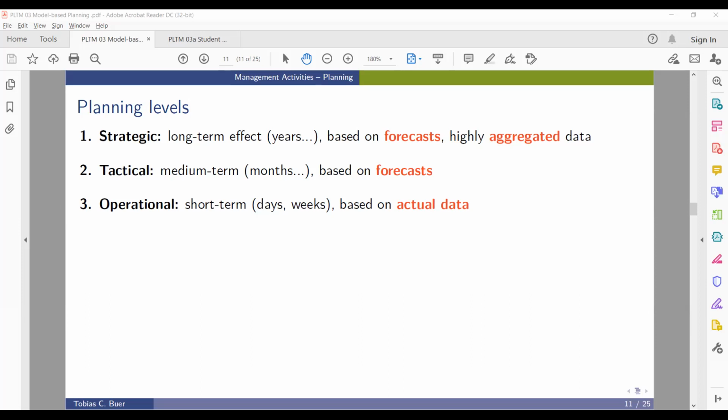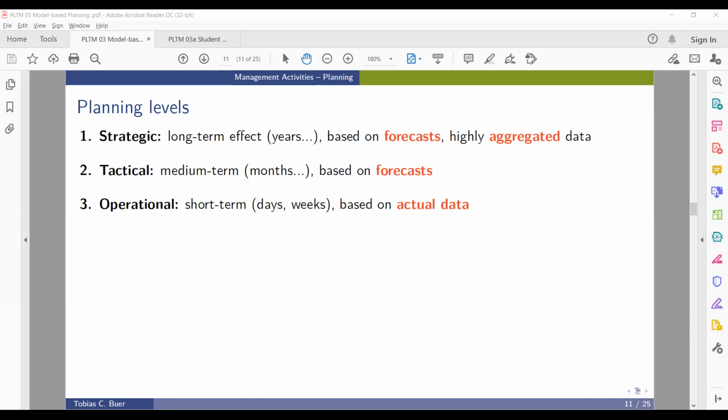If I think I will have many orders, or the same orders as this month, for example, now with COVID a restaurant wants to plan the staff and the food they will sell in the next months, and they know now we open again, so they have to find some idea to predict, to estimate the number of meals, the number of customers they might have in the next months. So they use a forecast.